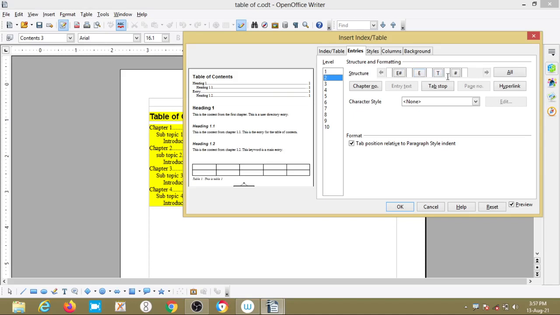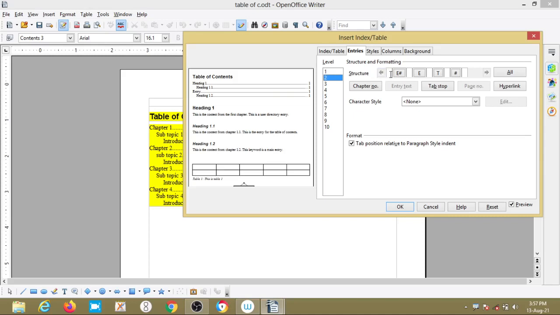Next T represents the tab stop, and this hash represents the page number. Each white field on the structure line represents a blank space, so we have to use this blank space.